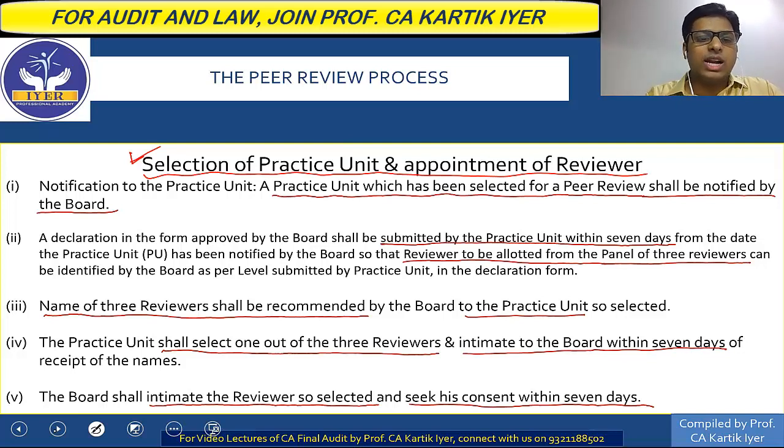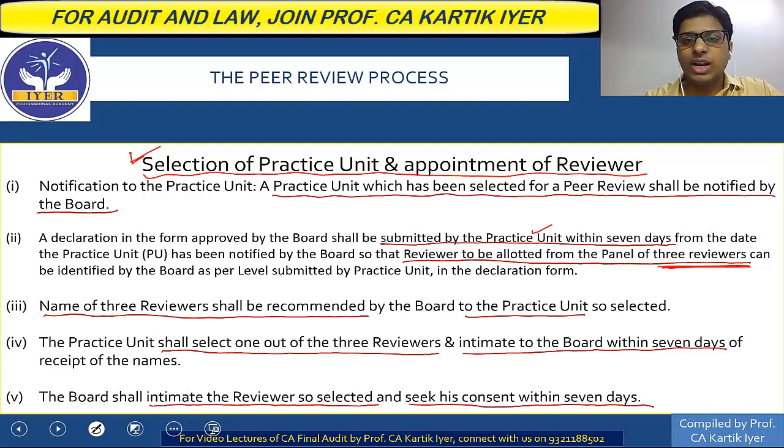Next, a declaration in the form approved by the board shall be submitted by the practice unit within 7 days. So a declaration will be provided and will be submitted by the practice unit within 7 days to the board from the date the practice unit has been notified by the board, so that the reviewer to be allotted from the panel of 3 reviewers can be identified by the board as per the level submitted by the practice unit in the declared form. So whatever form the board has given to the practice unit, they will fill that form,